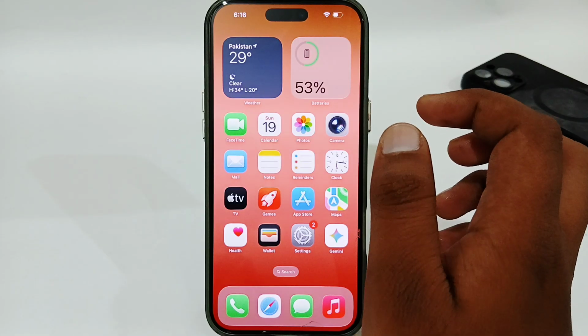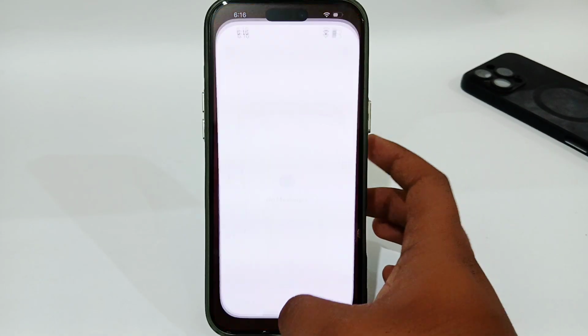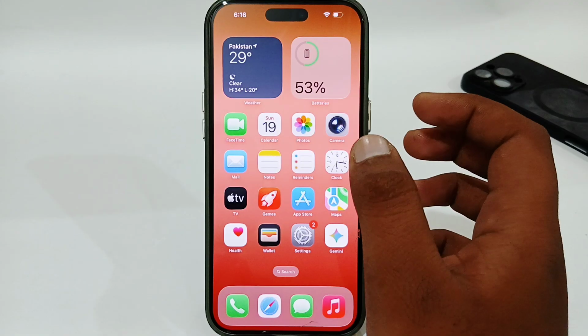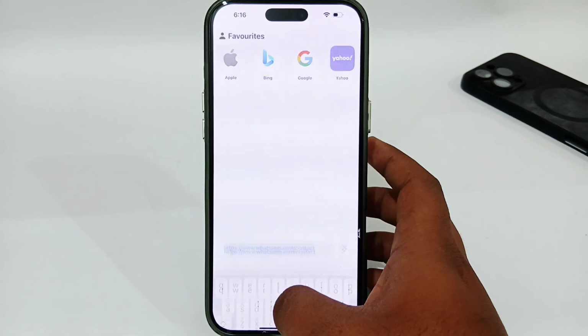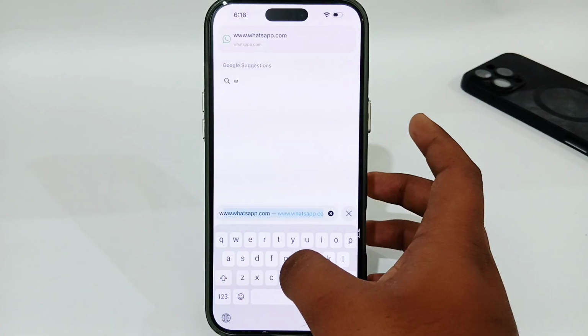And after that, if you can't get the code, you have to double check your Messages app to see if you have received the code or not. Or if you're still having the same issue, you have to open your browser and search for WhatsApp